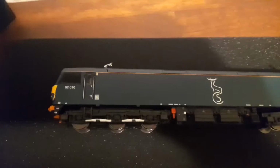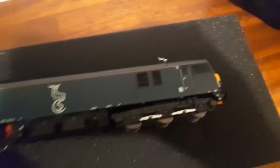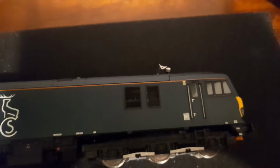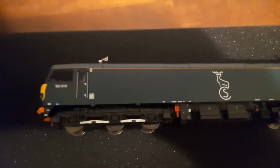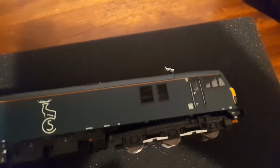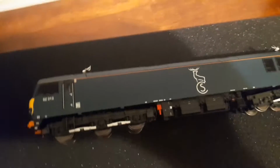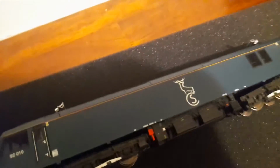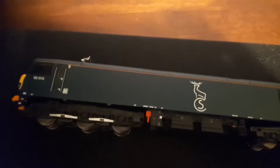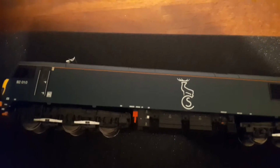This is the replacement 92 we'll be testing. Annoying thing about this one is both of these are popped off, but I've glued them back on. No particularly noticeable glue marks, but I can just run it facing the other way and that's fine. And I've got the GBRF one running in upstairs. I'll just basically be running them both for 2 hours each to make sure we don't have the same issue that we had last time. But I've heard some reviews that people aren't finding the issue in all of the models. In fact, it's just a small proportion apparently. And if that's true, then we'll be